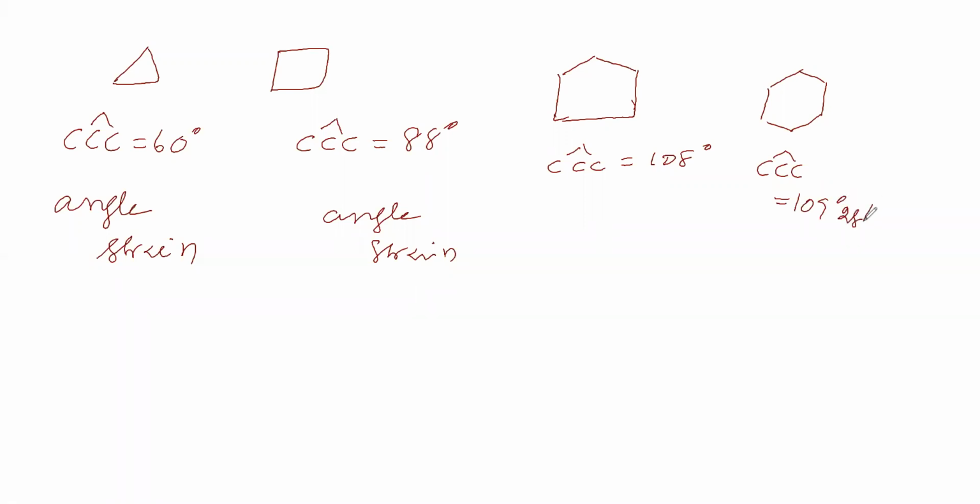Therefore, what is the structure of cyclohexane? Will the cyclohexane structure be planar or non-planar? Will all the carbon atoms in cyclohexane be in one plane or in different planes? In cyclopropane, all the carbon atoms will be in one plane. There is no other way.